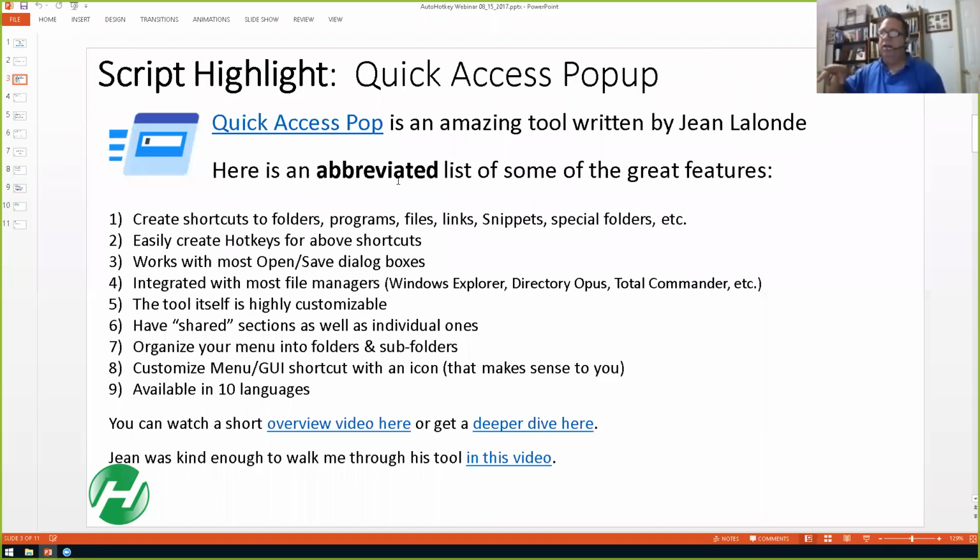So I went and looked at it, and it's this tool called Quick Access Popup. It's all built, of course, in AutoHotkey, but its target audience isn't people who use AutoHotkey. It's for people who just want to work more efficiently, which I still fall into as well. It has a lot of great built-in features. One I was just explaining earlier is that it's highly customizable, but also easy to update.